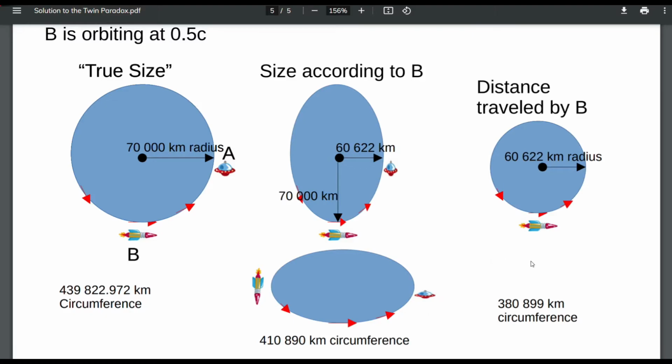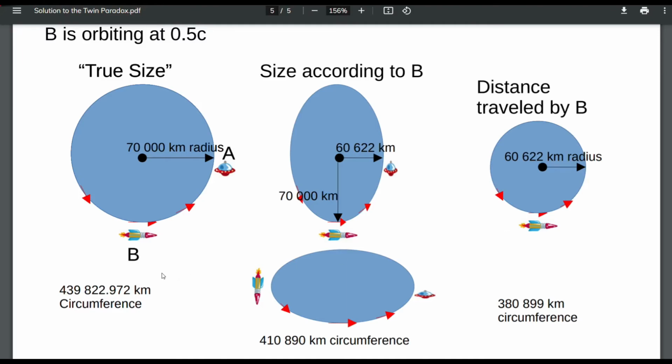But according to his odometer, he has only traveled 380,000 kilometers, in a perfect circle. So he sees an oval, but he travels in a circle, again because of length contraction in the direction of his travel. Now, according to A, B has traveled 439,000 kilometers, but according to B, he has only traveled 380,000 kilometers from his own perspective. And since both can agree on B's speed, which is 0.5 c,